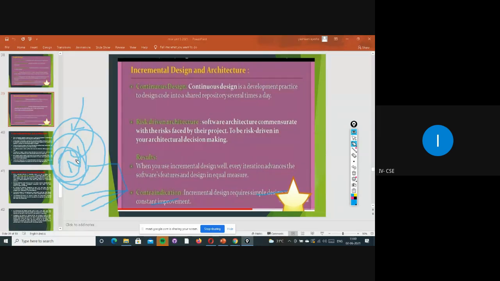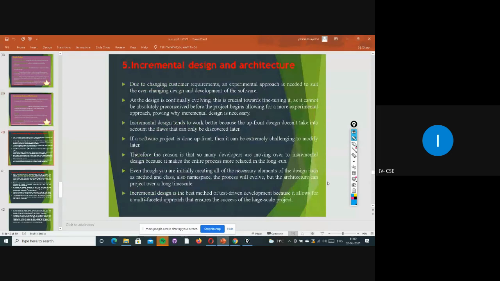So nowadays what happened? Nokia is not updating any features; that version has simply been closed, right? If they had done constant improvement on that particular device, they would be in the top position now, right? So like that, if we are doing any changes to any product, definitely we have to work on that and continuously make changes, add features, depending upon the customer or depending upon the time to market. So that is about the incremental design and architecture.